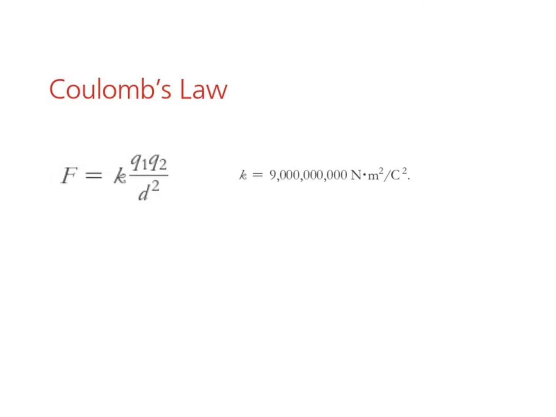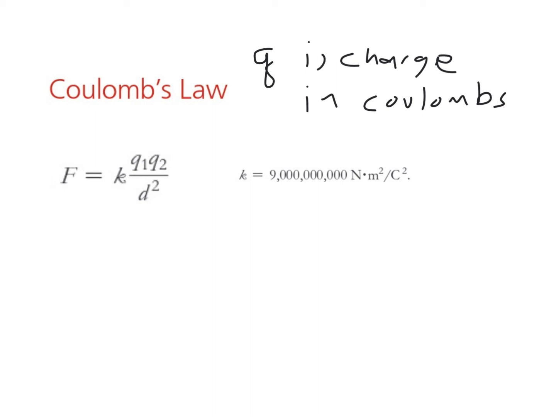Now in this slide we have Coulomb's law. And Coulomb's law tells you the amount of the electric force. We know that like charges repel one another and opposite charges attract each other, but by how much do they attract or repel one another? Now, the formula for Coulomb's law says that F is equal to k Q1 Q2 over d squared. Now, the two different Q's, Q1 and Q2, these are the two charges. I've got two charges that are either attracting or repelling. The Q is the quantity of charge that you have. And the units for charge are something called coulombs.